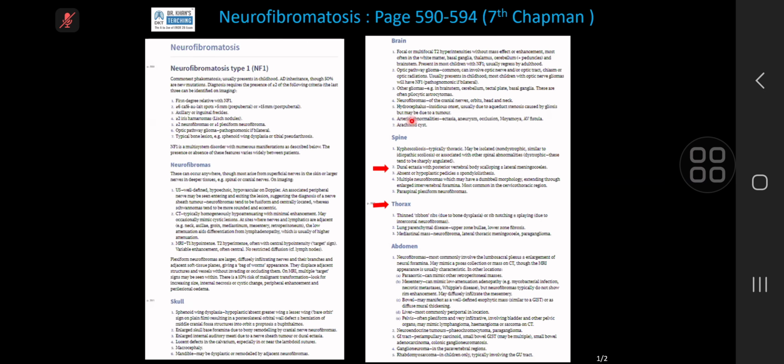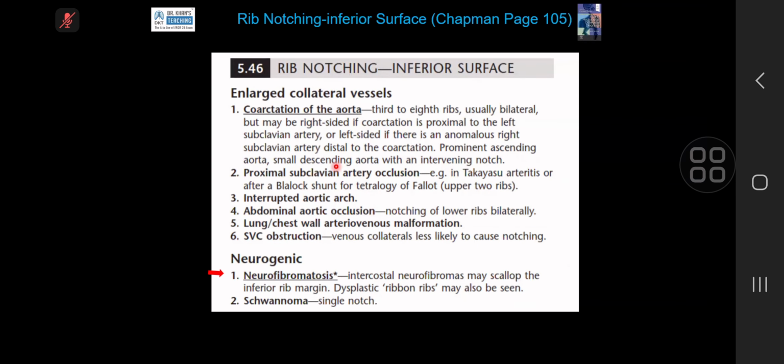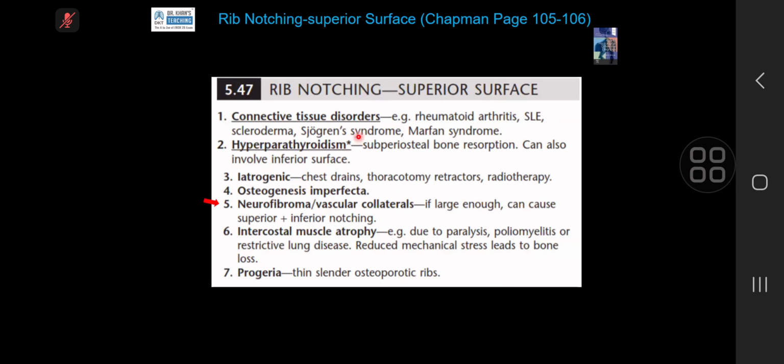If you read it from Chapman, you can see here dural ectasia with posterior vertebral scalloping, lateral meningocele, and in the thorax, ribbon ribs, notching, etc. So please remember that rib notching per se is an exam case, which can happen because of neurofibromatosis. And this can be a neurofibroma and it can also be a dural ectasia, superior as well as